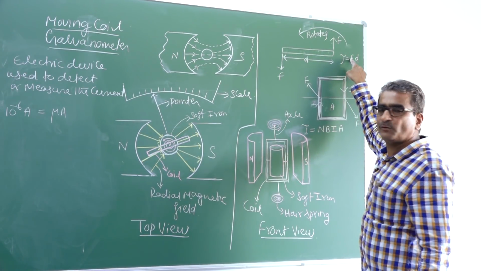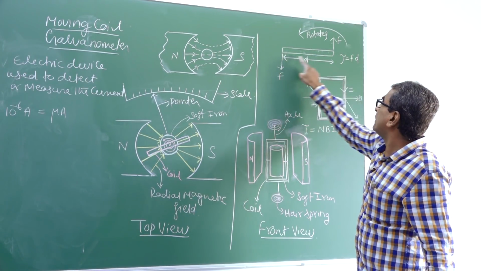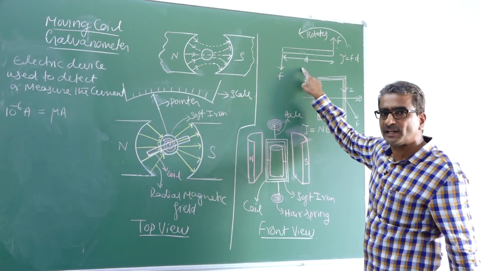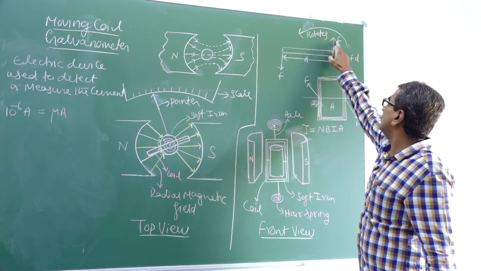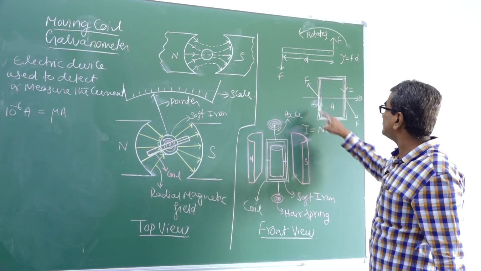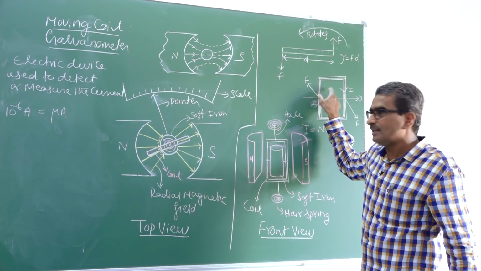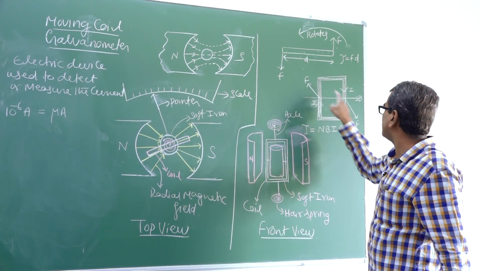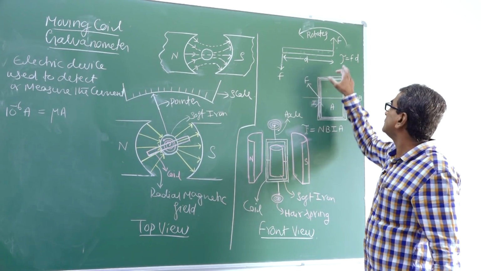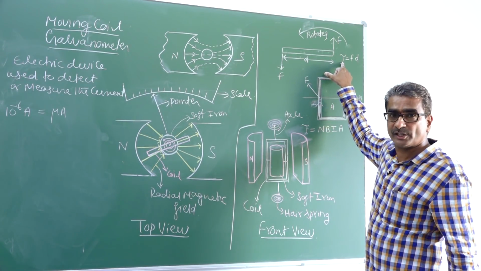Magnitude of any one of the forces and the perpendicular distance between the two forces. Between this force and this force, the perpendicular distance is d. So if you multiply F by d, that's going to give the mechanical torque. What about the electrical torque? The torque acting on this coil because of these two forces is given by tau. Here also the symbol is tau, Greek notation.